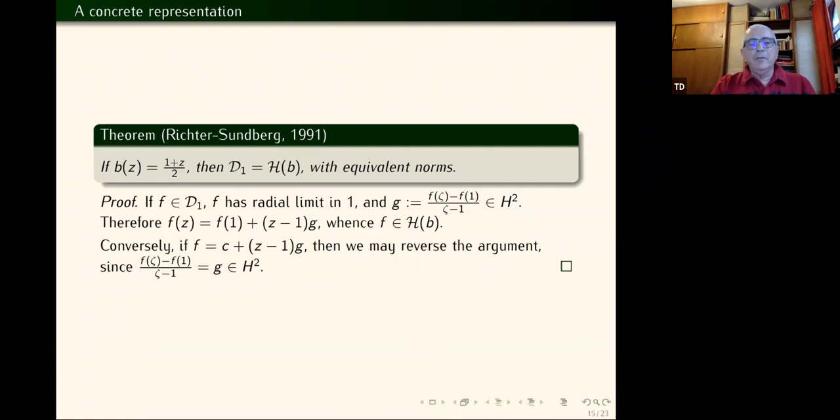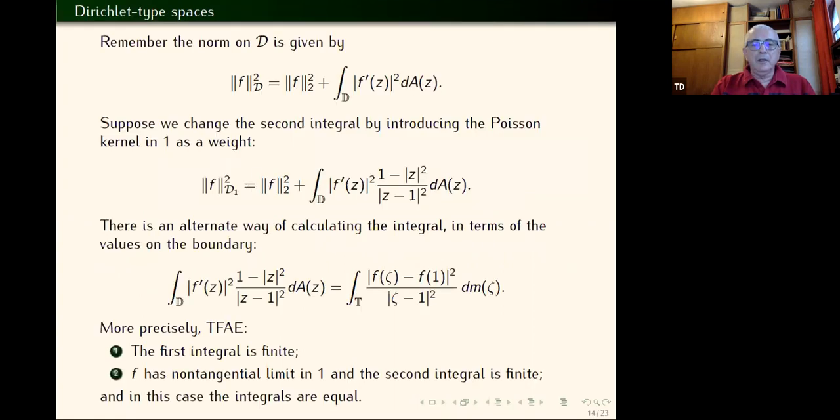So this H of b actually is the same as D1, and the advantage is that you have an integral. You can define the norm by a clear integral, and in fact here you can deduce the scalar product, and it's not so elusive as it used to be when I looked at it only as the